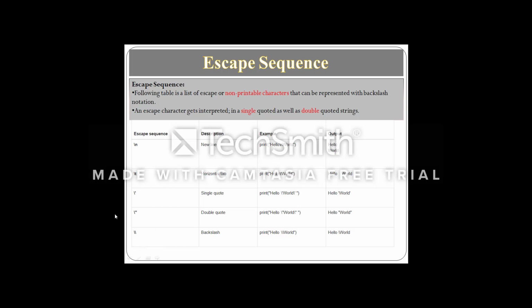These are some important escape sequences generally used in our daily applications. \n is for new line, \t is for horizontal tab, backslash single quote is for representing a particular word in single quotes, backslash double quote is used to represent a particular word or character in double quotes, and if you want to print a backslash, you can use a double backslash.